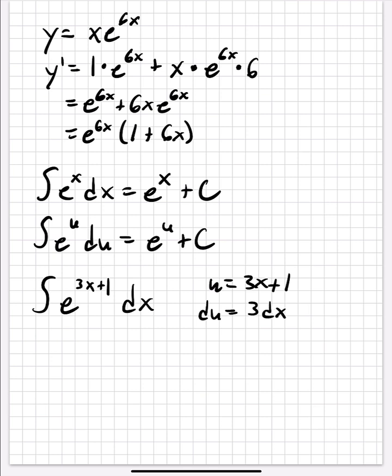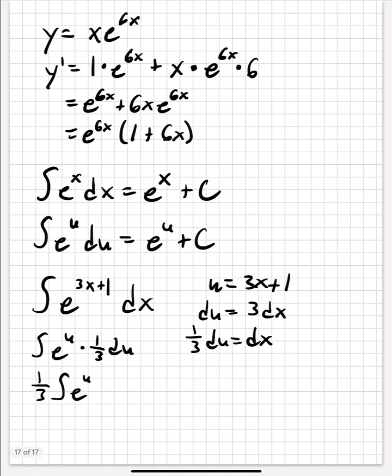Well, I don't really like my 3 being right there, so I'm going to move it over by dividing. So now I can replace, so now I have e to the u times 1/3 du. So I just replaced my u and my dx there with 1/3 du. I'm going to bring the 1/3 out, and so the integral of e to the u du. Well, the integral of e to the u is just e to the u,